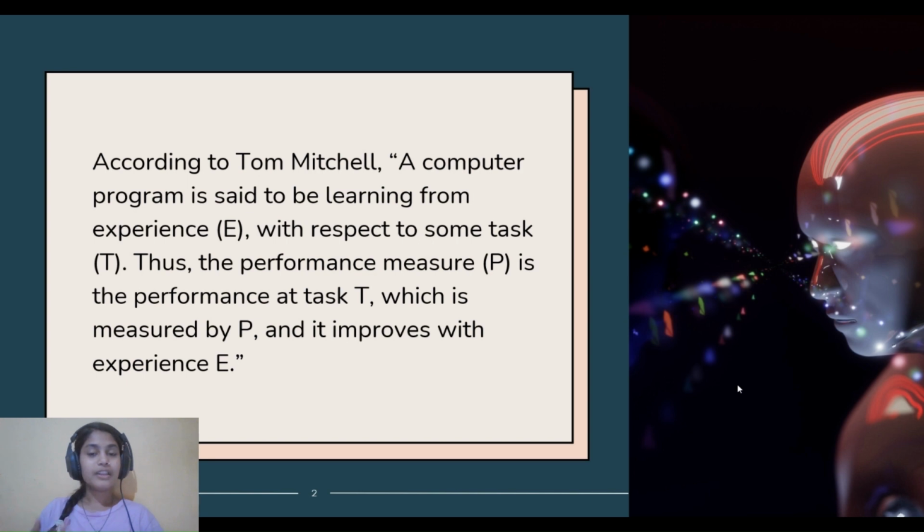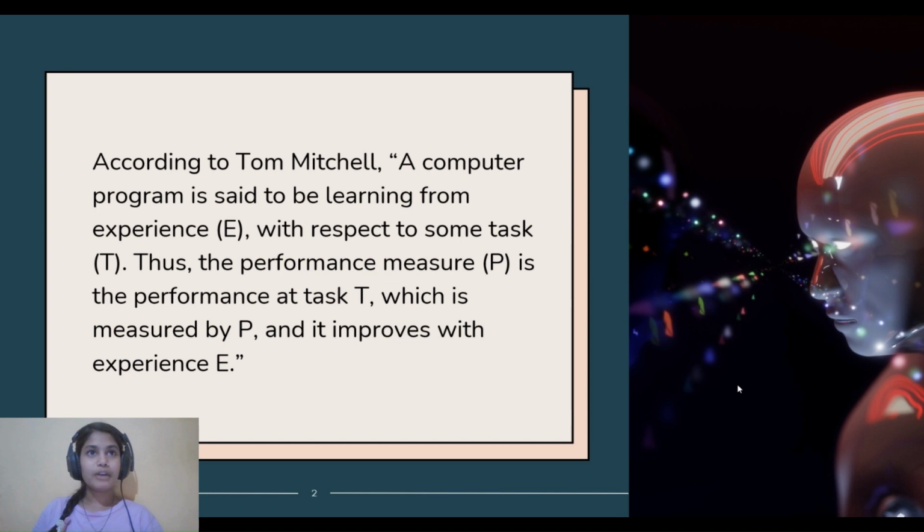Even so, I'll give a small review. Whenever a computer is working on any task, let's say the task is T, the performance on the task increases, and the measure of that performance is P. With experience, the performance on the task will improve over time.